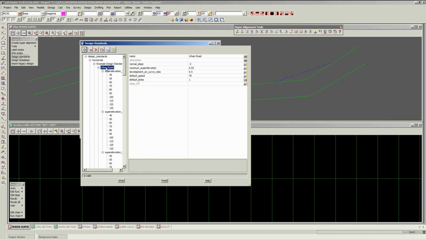There are some defaults, so each panel can have a default. It's under urban here. We're looking at our normal road crossfall. And again, this was set to -3%. So that's the crossfall on the straights. Maximum superelevation for this particular urban road is 5%. The development on curve ratio is set at 0.5, which is equivalent to 50%. This relates to the positioning of the superelevation runoff for untransitioned curves, so that means it'll be 50% either side